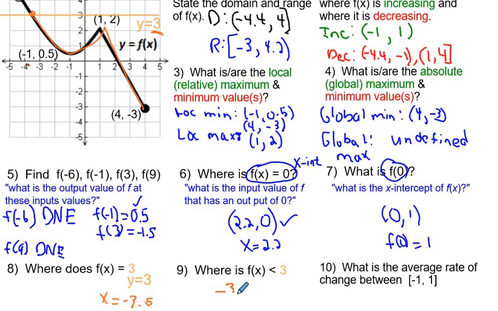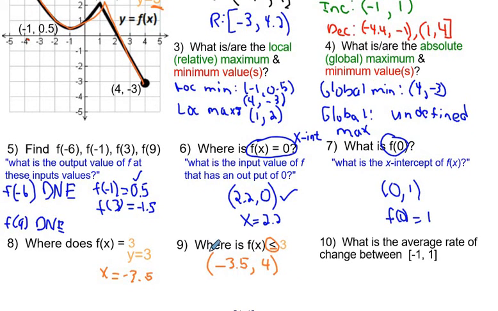So negative 3.5 is where it begins to be below 3, and it stops being below 3 at 4 when the domain ends right here. And since this does not have an equal sign, I would use parentheses the whole time. If it did have an equal sign like that, that would make these brackets. So just keep that in mind, that some things in math are very subtle, and one of the most important,